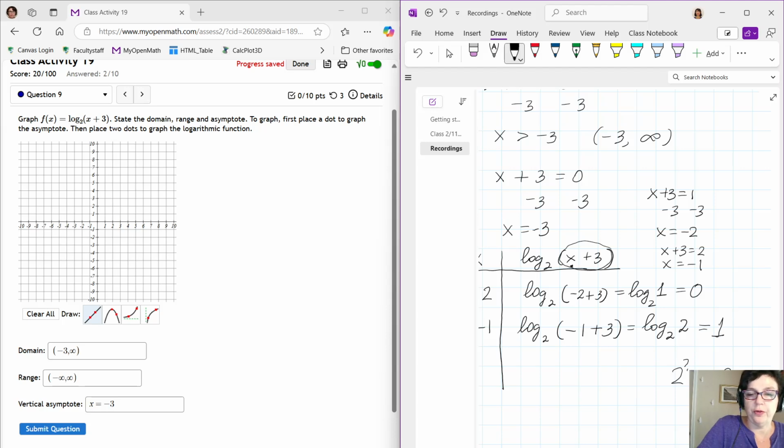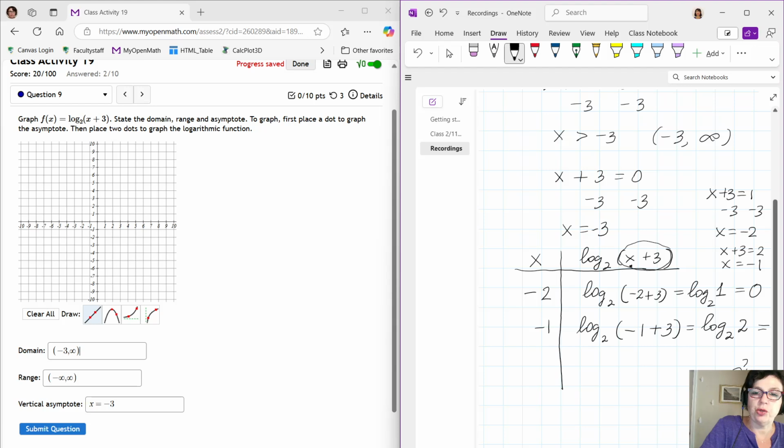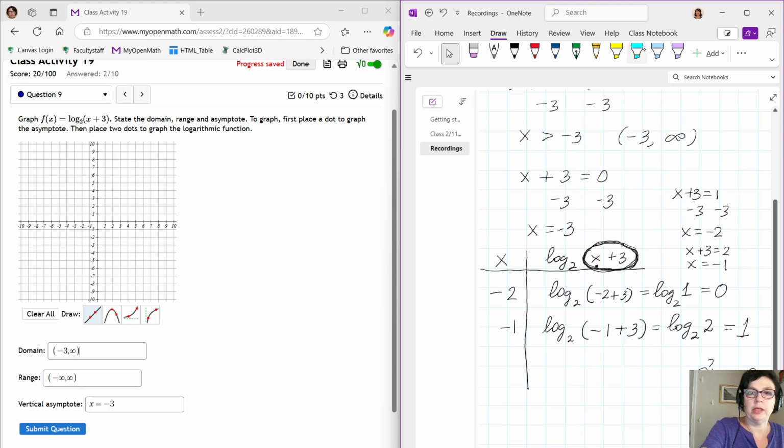So what you're looking for is your first point, solve for whatever this is equal to 1. And for your second point, again, solve whatever this is equal to the base. So if the base was, for example, 3, we would set x plus 3 equal 3 and solve that for x for the second point. If the base was 5, we would solve x plus 3 equal 5, and that'll give us a second point. Okay, so now I have 2 points. I have negative 2, 0, and I also have negative 1, positive 1. Okay, so let's see if I can graph that.